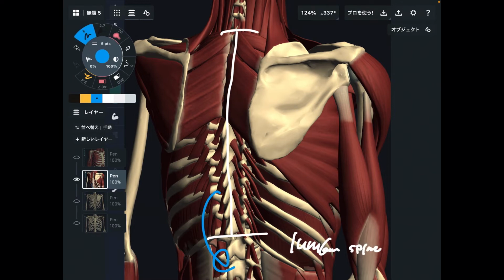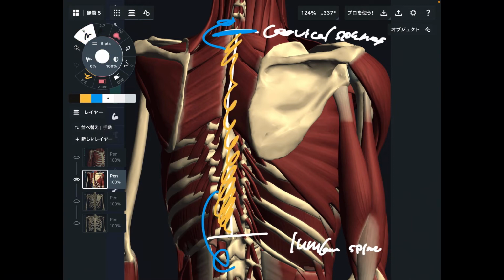Lumbar spines. What is above thoracic spines? That is cervical spine. So if your thoracic spines don't move, maybe your lumbar spines don't move, and maybe your cervical spines don't move. You know, spines are one continuous structure. If movement of flow is aggravated here, that of course affects for lumbar spines and cervical spines.